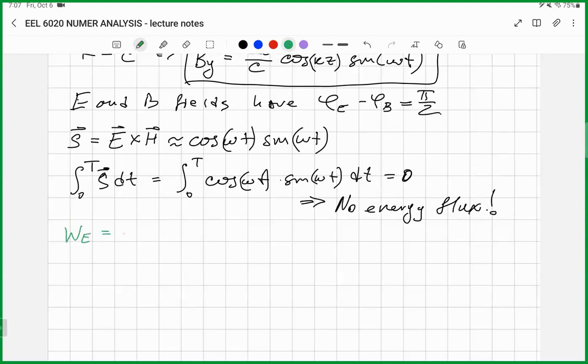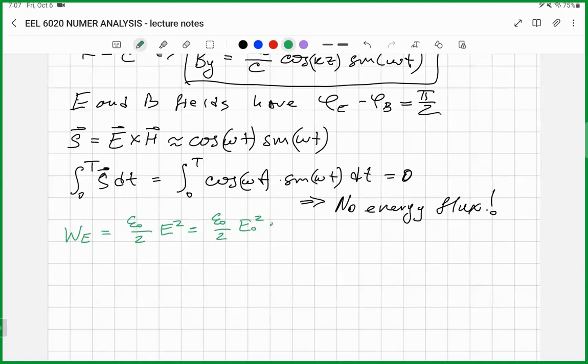For example, the electric field energy is given by epsilon 0 over 2 times the electric field squared. Let's plug in the whole formula. So epsilon 0 over 2, and for the electric field we have E0 squared